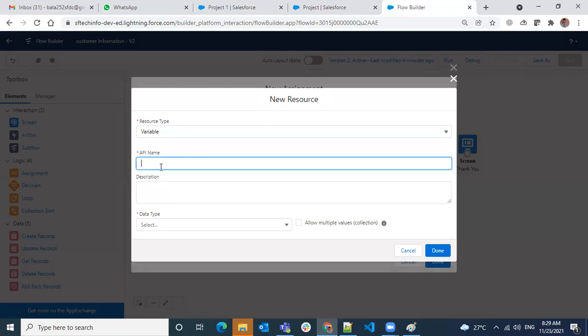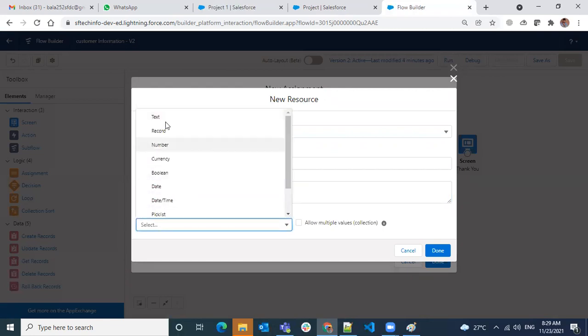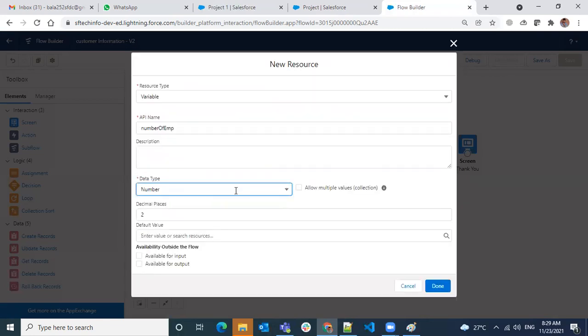Say number of employees, description, data type has to be a number, and two decimal places. No, I want to give 0 decimal places.